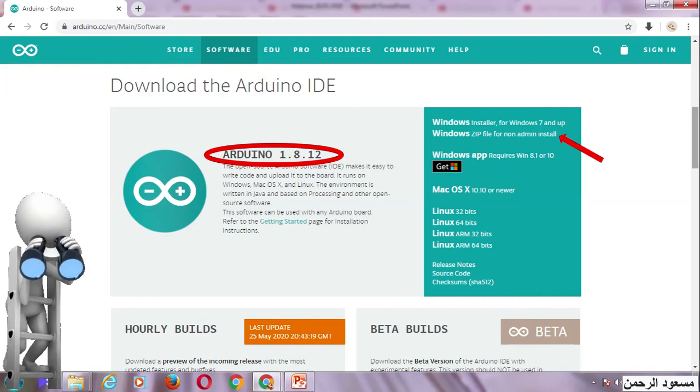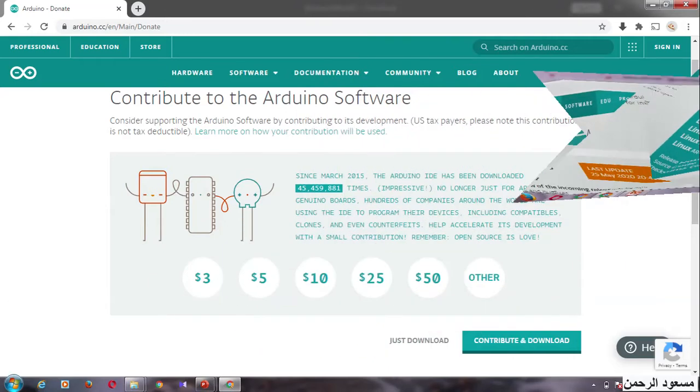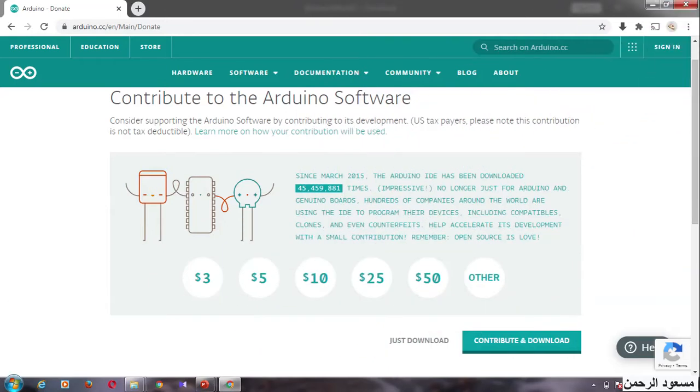When you click that, you will be directed to another page like this. Here you just click Just Download. Once you click it, the Arduino IDE software will be downloaded to the downloads folder of your laptop as a zip file.